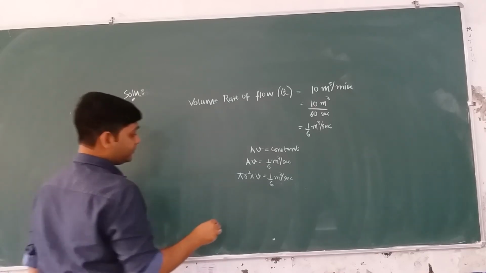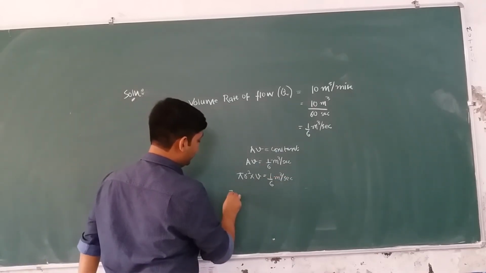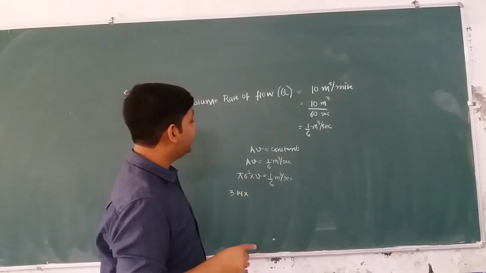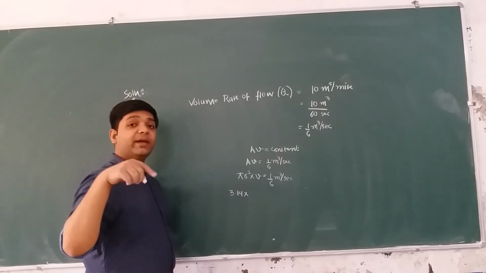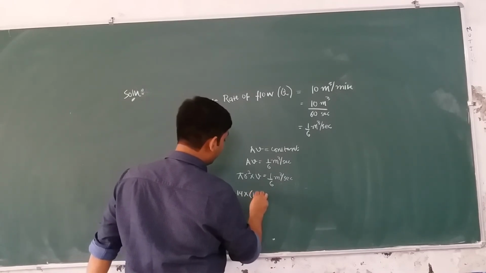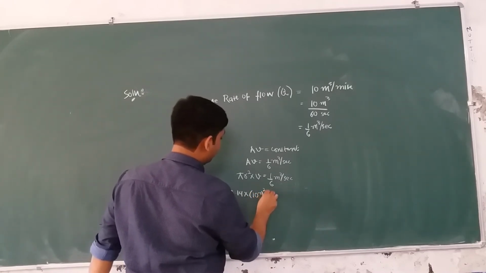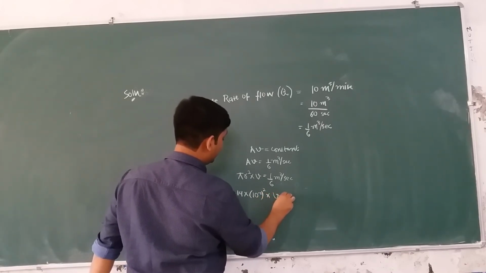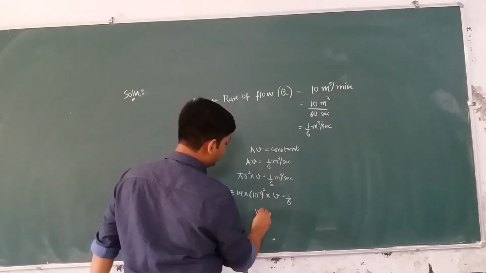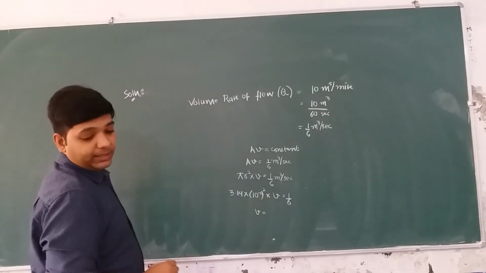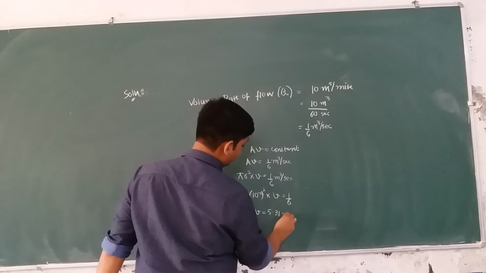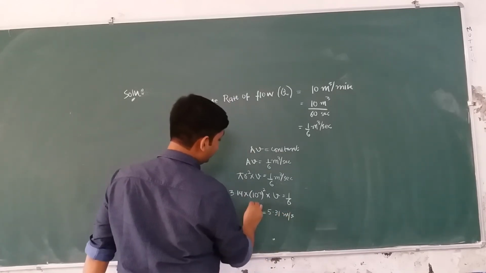All right. So now we will put the known values. Pi is 3.14 into r. Radius is 10 centimeter. You will convert it in SI. So 10 into 10 raised to the power minus 2, and it will be 0.1. ठीक है, ये 10 raised to the power minus 1 का square multiplied by velocity is equal to 1 by 6. And now you can easily calculate the value of velocity or the speed of the fluid. ठीक है, and this comes out to be 5.31 meter per second. I hope this is clear to everyone.